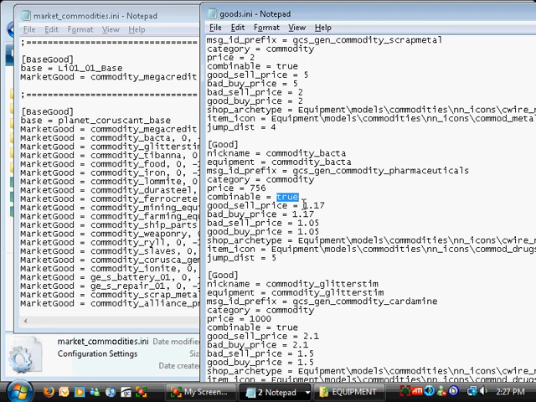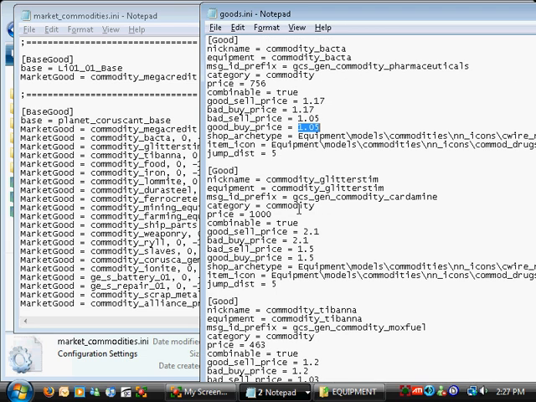So your good sell price, this is a ratio. It's saying that the good price can be 1.17 above this, I think. It tends to do with reps. We don't really use a lot of that, so I don't know much about this. Usually I just always kept it at 1 for the most part, because we don't usually use a lot